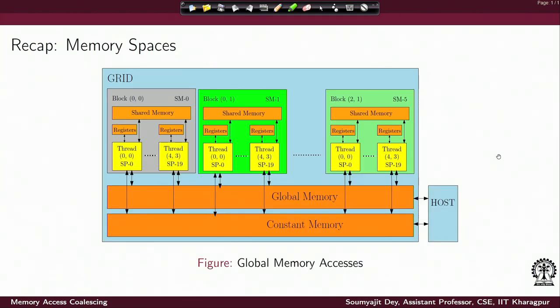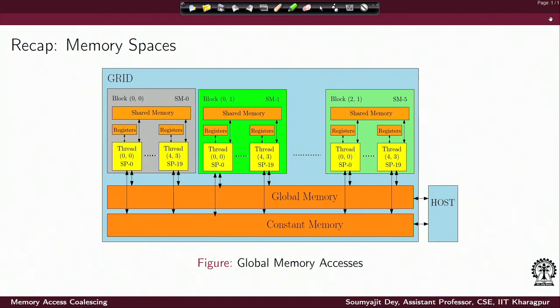Before getting into the detail of that, let us first do a small recap on the hierarchy in the GPU memory, how the different memory segments are organized, and how really global memory is accessed by the computing threads inside an SM. So, as we have discussed earlier, when a kernel launches, essentially a grid of thread blocks is launched. Multiple blocks can reside inside one SM as decided by the high level scheduler of the GPU, and it depends on the size of the blocks.